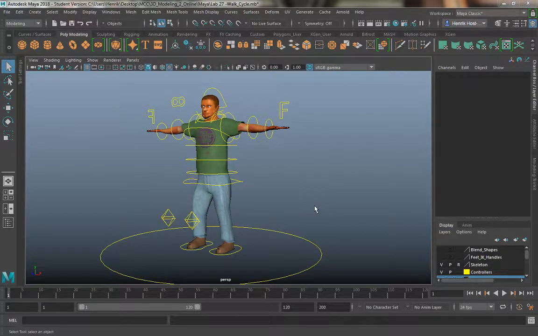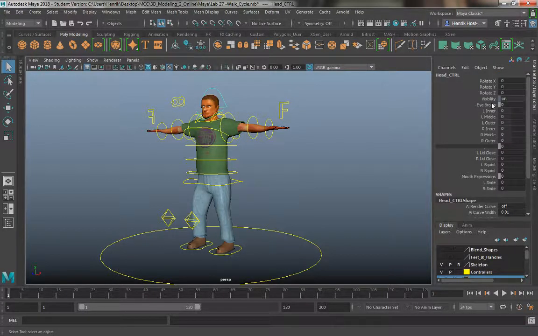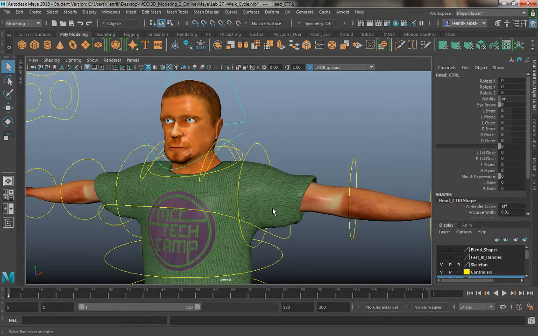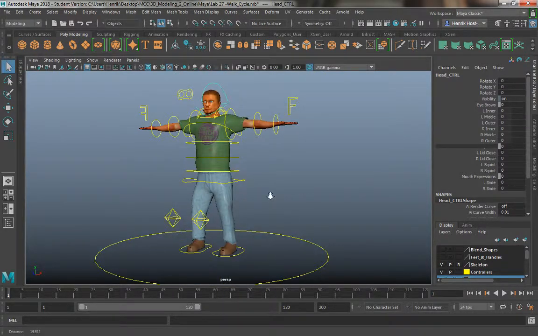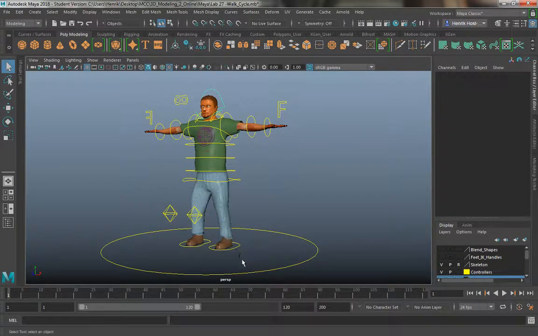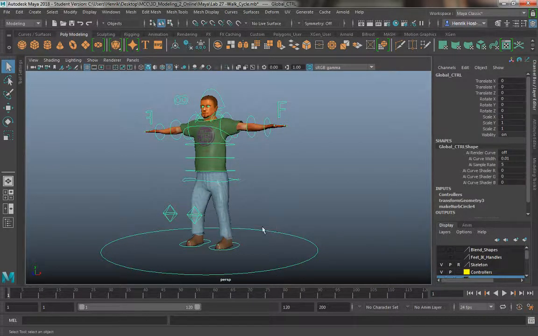Alright, and in this video I'm going to cover how to create a play blast, but also without using any screen capture software in order to create our final presentation. So basically all you do is on every controller just press S, and then